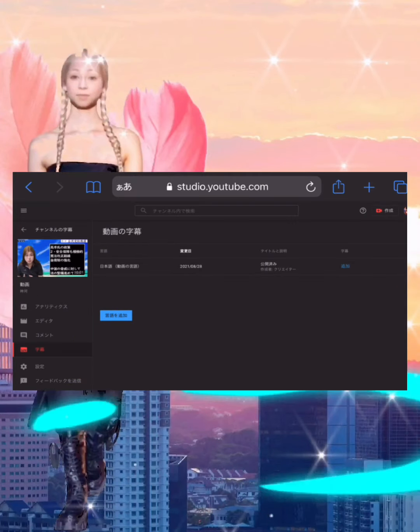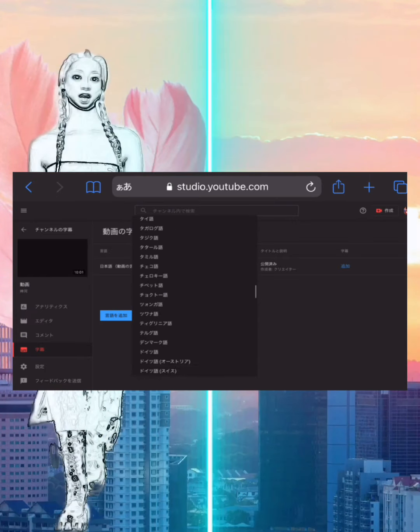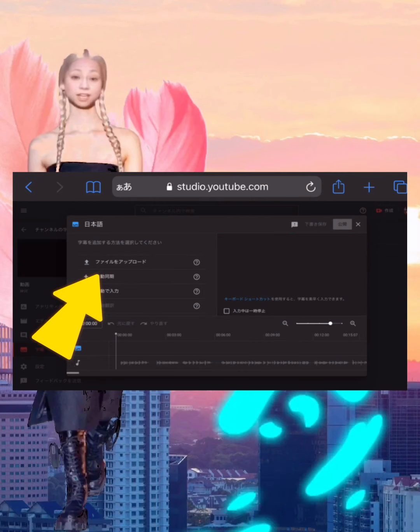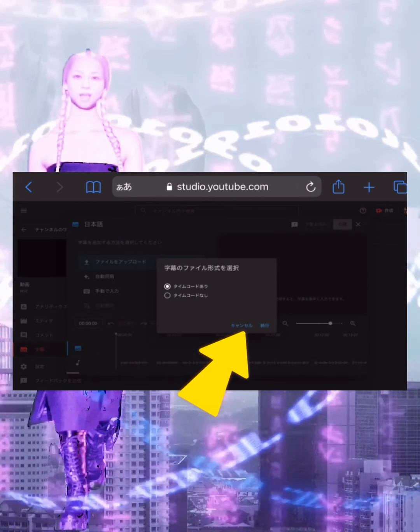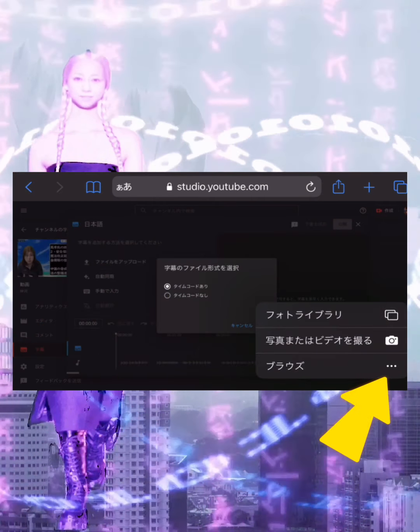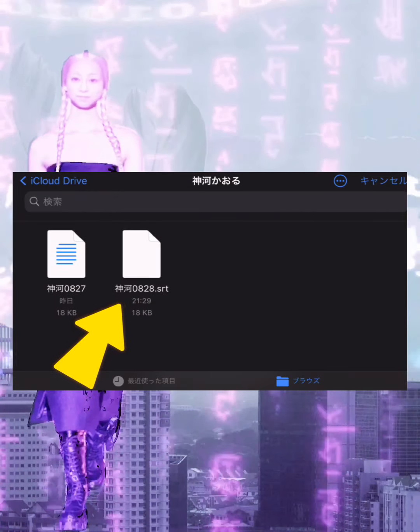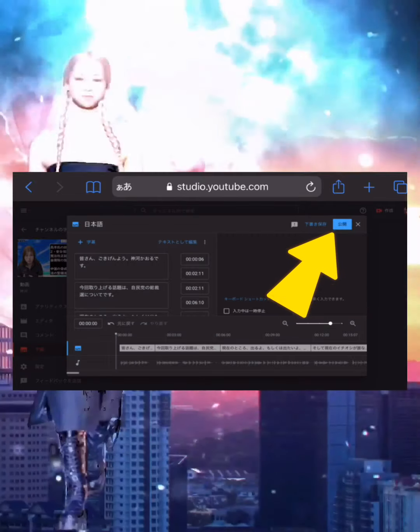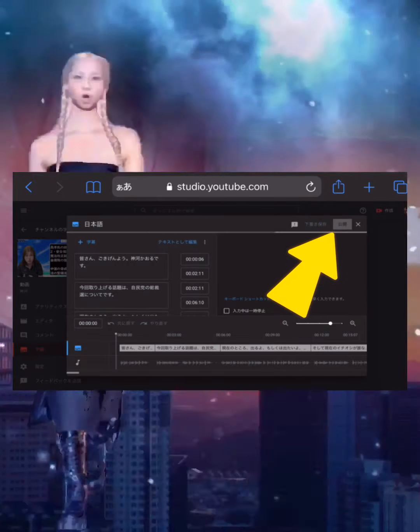Select the language, in this case Japanese, in Add Language. Click Add, and then Upload File. Select With Timecode, click Continue, Browse, and specify the created SRT file. Then click Publish in the upper right. This completes the upload and the subtitles are complete.